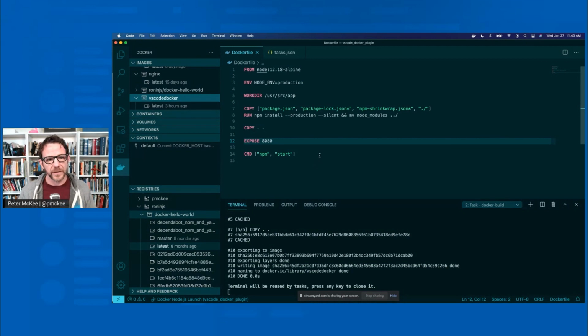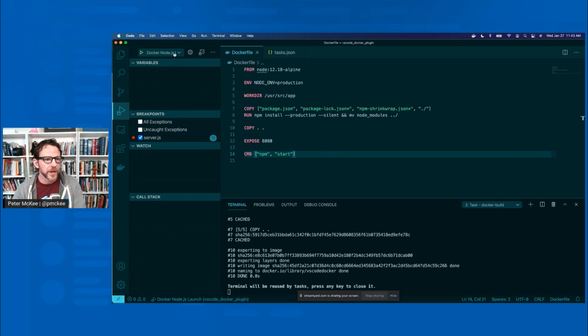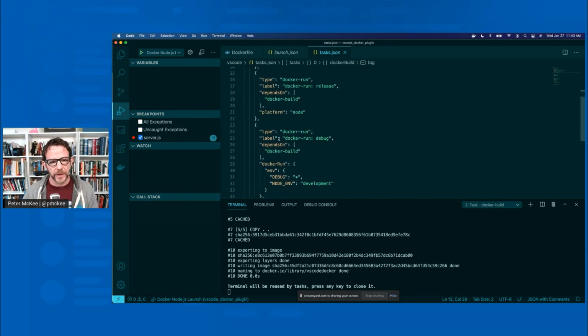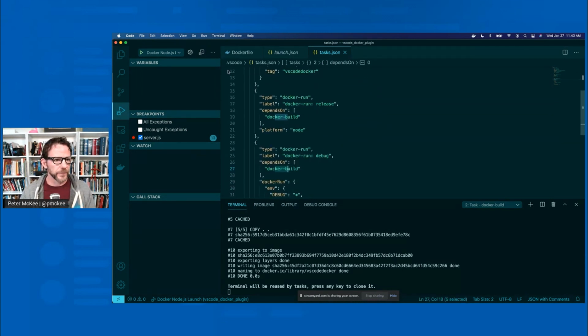Now let's go ahead and run our project inside of a container, right? And so now all we have to do is let's come over to the debug. Oh, real quick, let me show you. So we have this launch.json. The extension also set this up for us. And you can see right here, this pre-launch task is going to run this docker-run:debug task. And that is going to look right here in the debug. And what's pretty cool, it has this depends on. So it's going to depend on this Docker build, which is our build at the beginning, and then it's going to run our project. So let's go ahead and do that now.